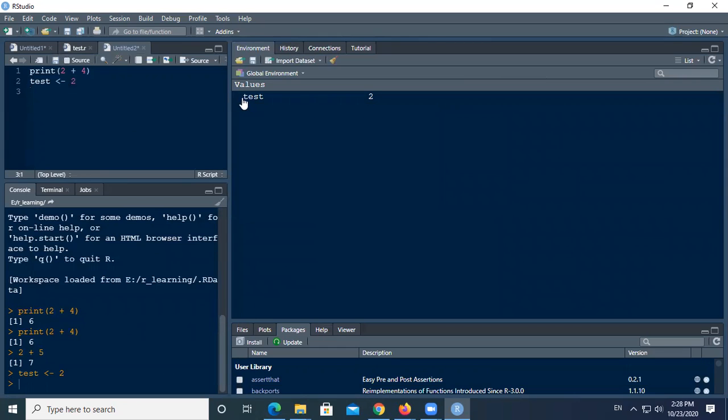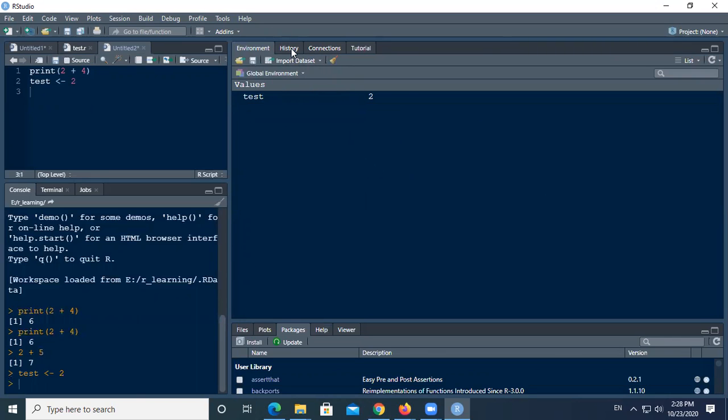So you can see immediately it is available here, right? So I can clear that object from the workspace, because it is currently storing that in the workspace, right? From this environment tab, there is an option of importing the data set, which we'll be looking at in future lectures or videos. So directly you can import the data sets from RStudio itself, either from a text file or from an Excel file and all those things, right?